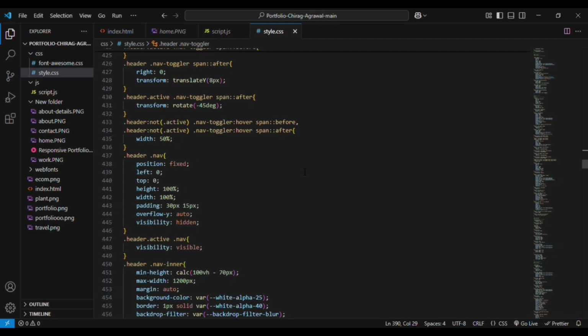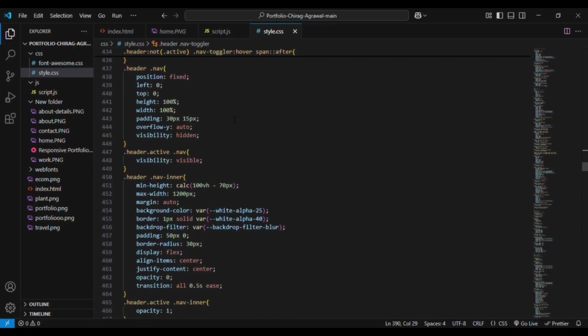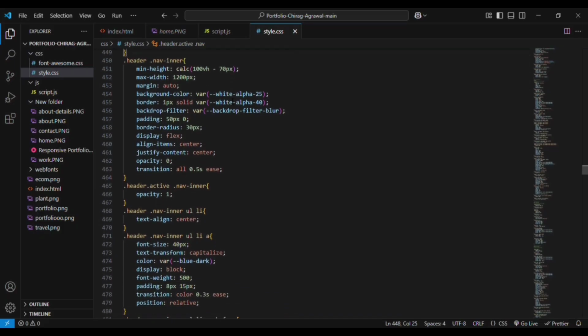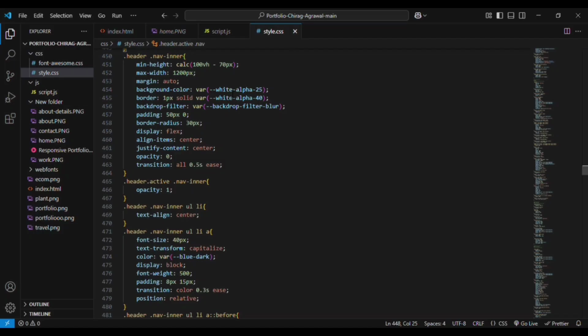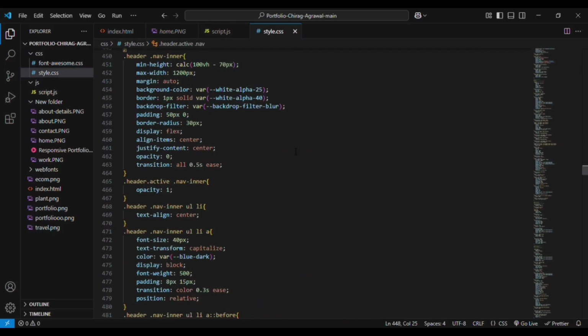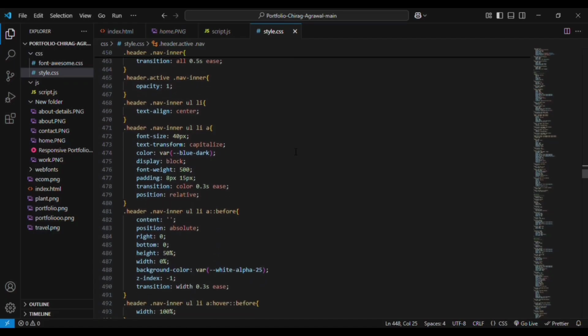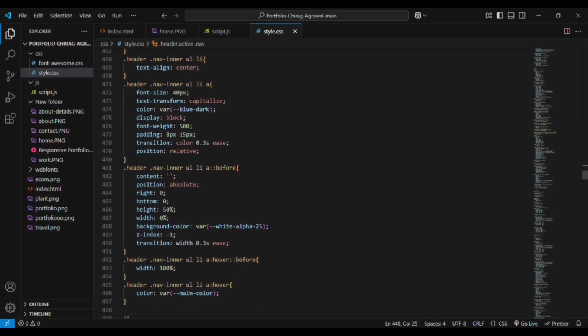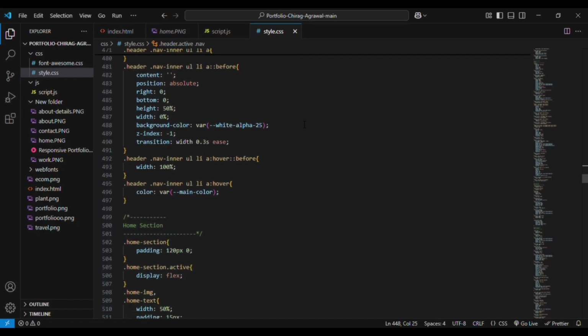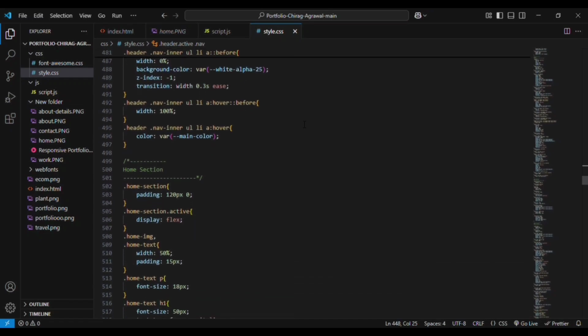Then we can go to the header nav. Position is fixed, left is 0, right is 0. It will align exactly the center. And overflow y equal to hidden, visibility is hidden. So whenever we get the nav header active, then only the nav bar will be visible to us, as I told you before in the JavaScript. The nav inner values are given. Then another list item anchor element is getting the values, that is display, font size, font family that are added. And then you can go to the next section,